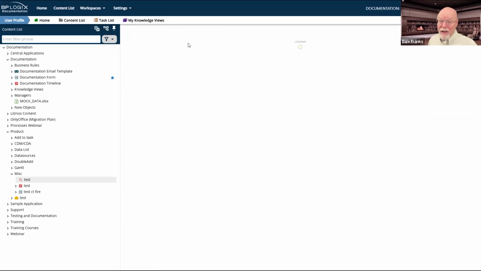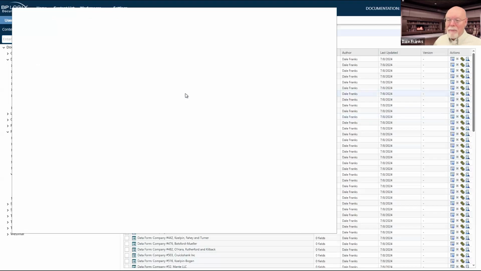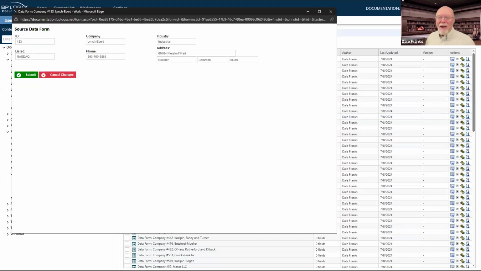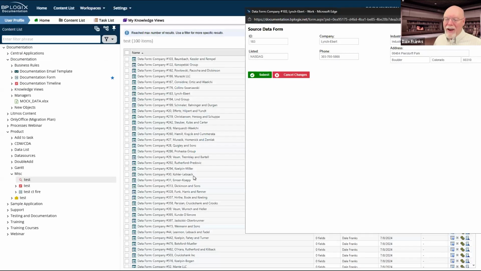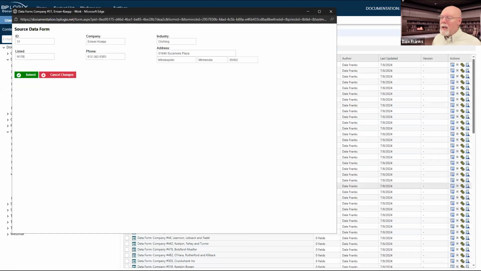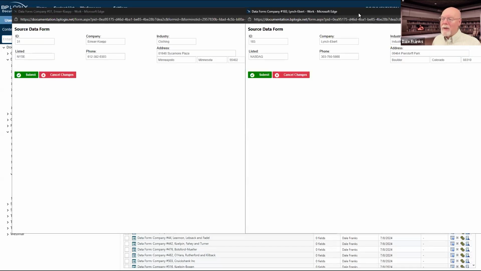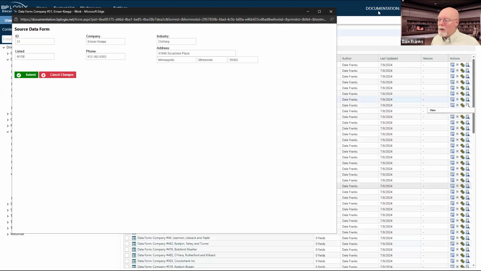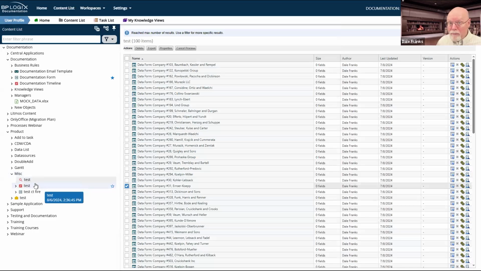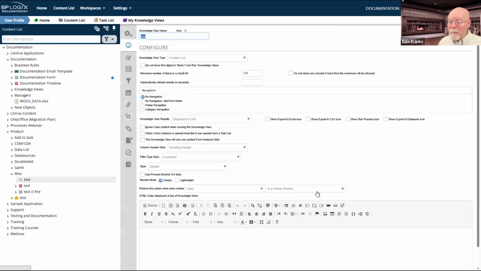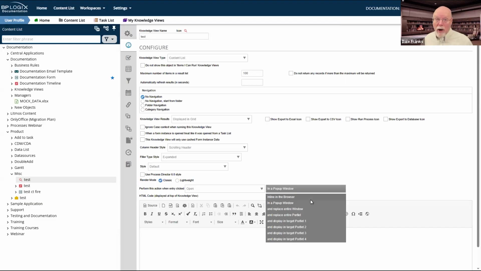And what I should see whenever I click on any of the forms that will ultimately appear, I should see them open up in a new pop-up window so that if I need to open up multiple forms, I can open them both up at the same time and do what I need to do. So with 6.1.500, the setting for opening up in a pop-up window or inline in a browser, it's now meaningful for forms.